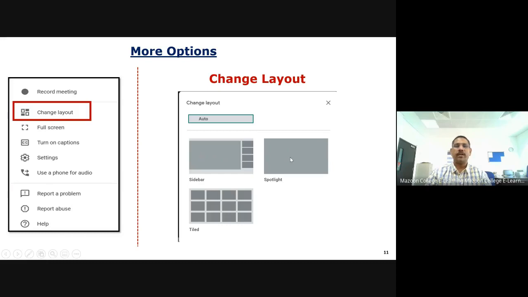If you want to always see one particular person until the end of the meeting, just click that person. With tile, all your participants will be displayed like this. This is the change layout option.